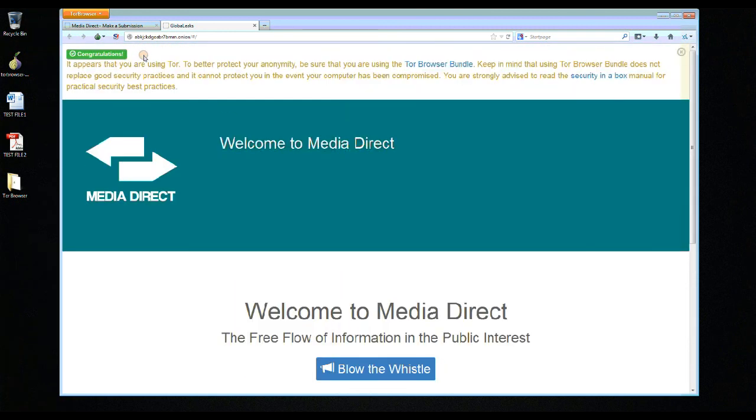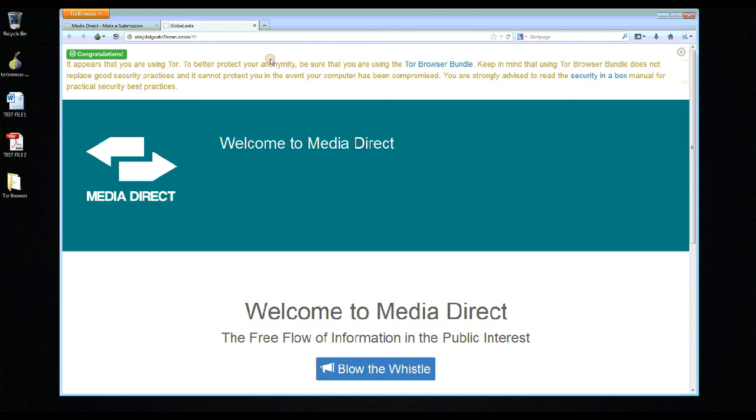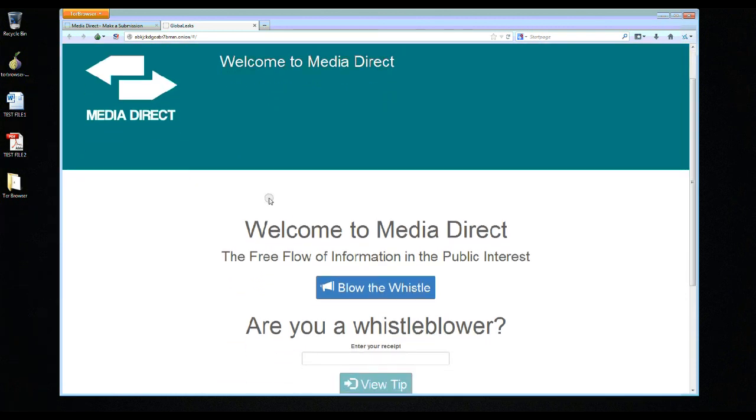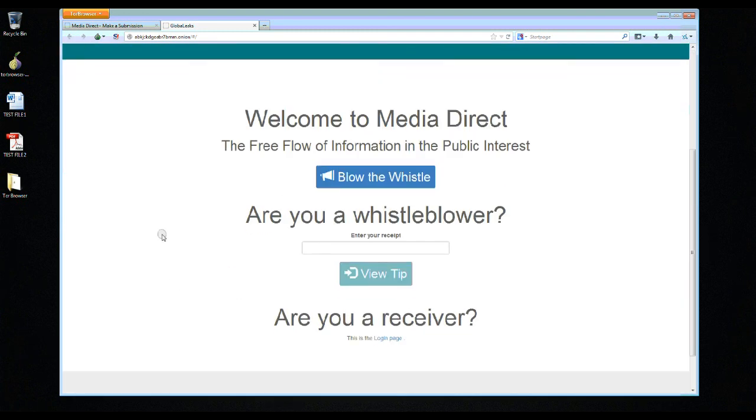So as you can see up the top here, it's let us know that we are connected to the Tor network. The submission platform detects whether or not you're using the Tor browser, and as I'll show you in a minute, if you're not, it's going to give you a warning that you're not entirely secure. So once again, we really urge people to use the Tor browser. As can be seen from my downloading and installing it, it's very, very simple to use, and it goes a long way to protect your anonymity. So we're at the submission platform, and we want to make a submission to one of the journalists connected to the system. So we're going to click below the whistle,